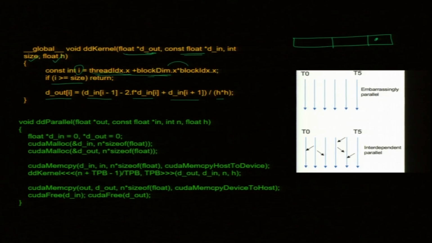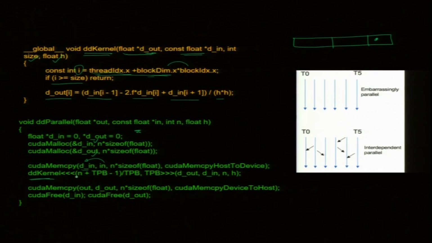So, main is also easy. We create d_in and d_out by cudaMalloc. So, I am creating them inside the GPU, and cudaMemcpy into d_in. There is some more stuff here. Okay. I mean, the input array has to be created, and we do the memcpy into d_in, and this is the kernel, the DD kernel, double derivative kernel,